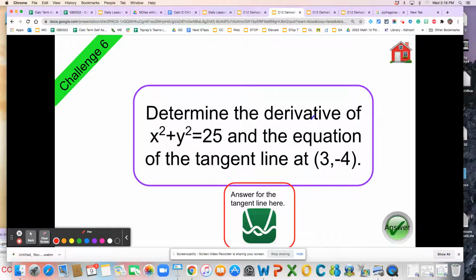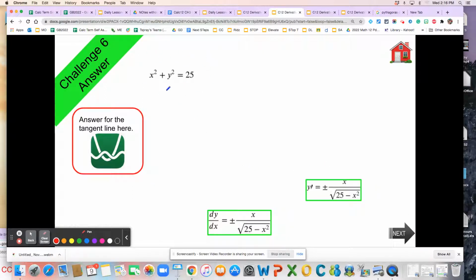Okay, now let's look at this next one. This one says determine the derivative of x squared plus y squared equals 25 and the equation of the tangent at (3, -4). Perfect. So we're going to take the derivative here. It's going to be